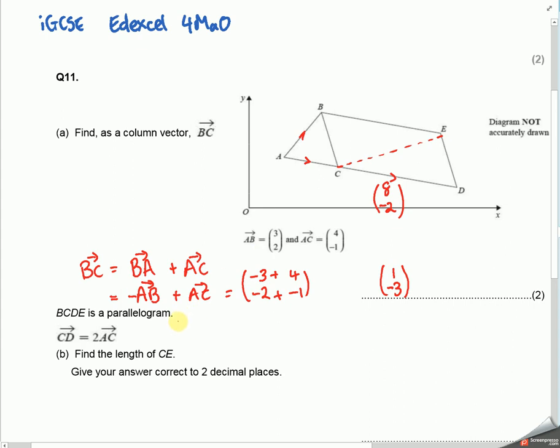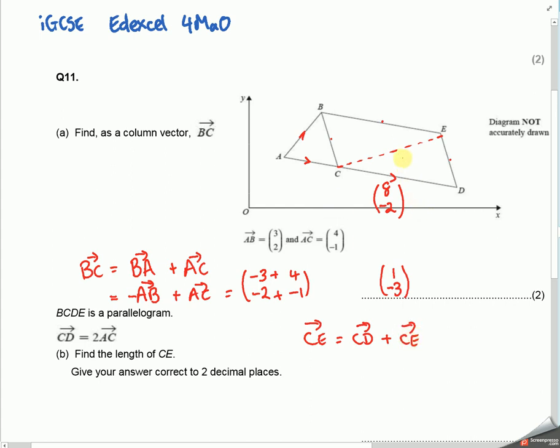So the journey I can do relies on me knowing that BECD is a parallelogram. That means if I can do the vector BC, which we've already done, I know the vector ED. If I know the vector CD, I know the vector BE. So I can do it as either combination. And I can do a journey either of CE is CD plus